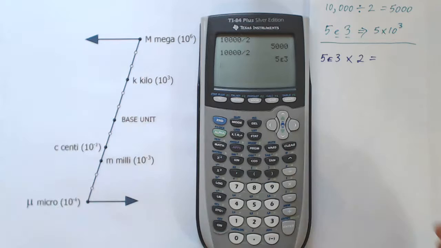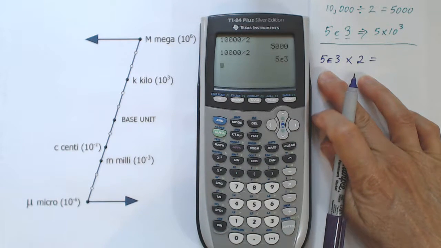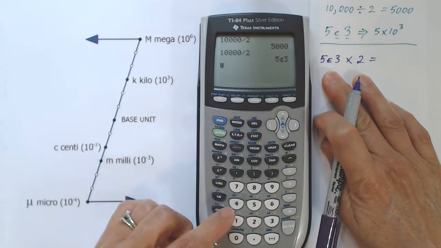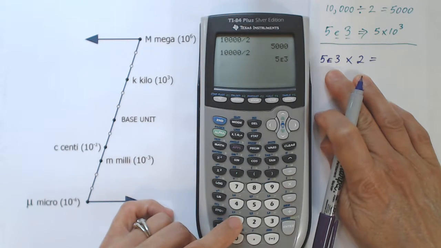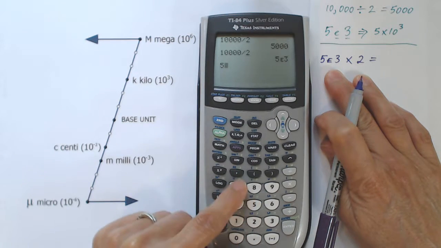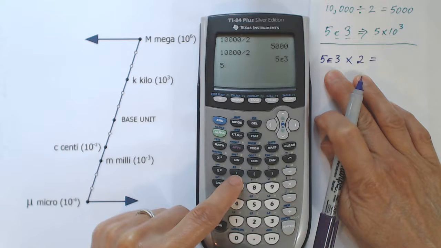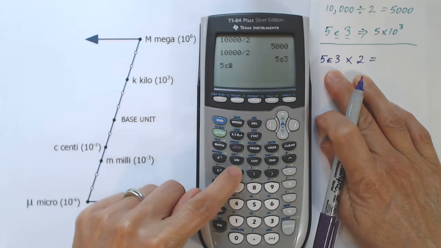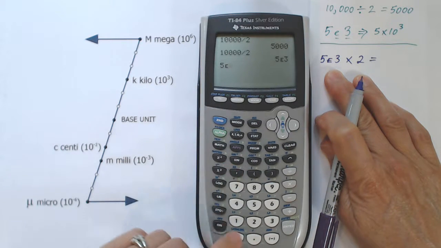Now, looking at this the other way around, if we need to do actually a calculation and input in scientific notation on our TI-84 calculator, then this is what it looks like on typing into the keyboard. If we want to tell the calculator to multiply 5,000 by 2, we'll type 5, and then we need the button that stands for exponent. It's a second function above the apostrophe here, or comma. So we'll press second, EE, and that puts the E there. And now what we type in next is the exponent we need, which is 3.